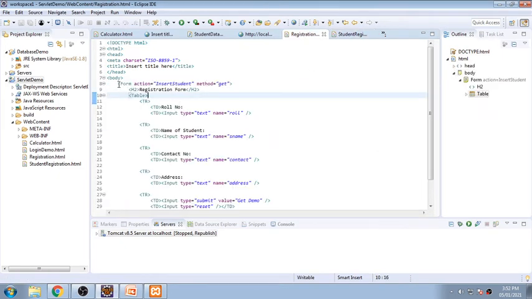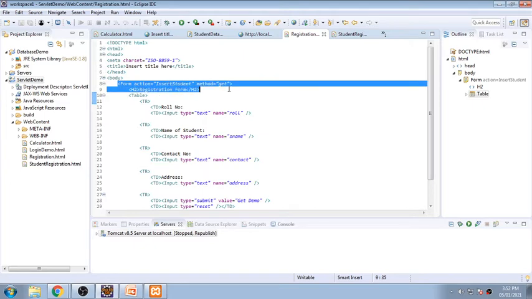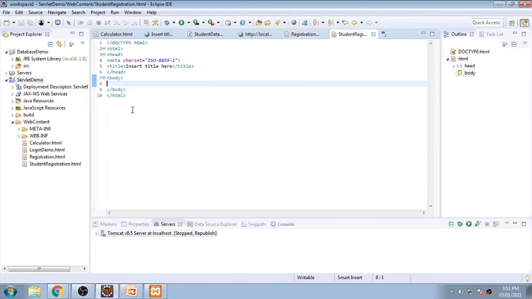So form, so let it be. So I will start from scratch. So form is the most important thing, and here it should be a method, which method I want to use. So now I want to insert into a database, so method should be post method, so I will be writing post over here. Now it should be action, which file I want to call. So action is equal to double quote. I am not writing the name because I have not created that file, so I have stopped here.